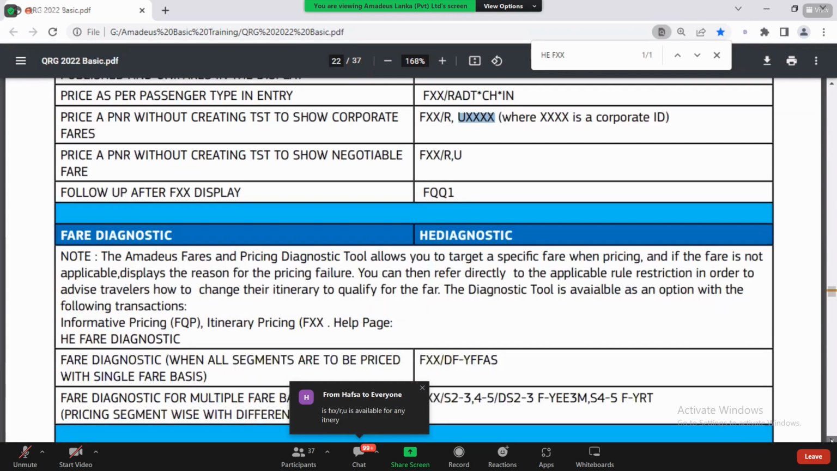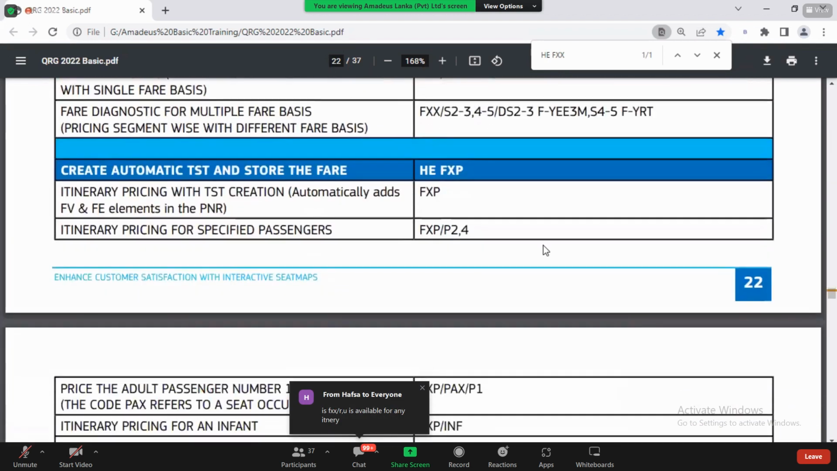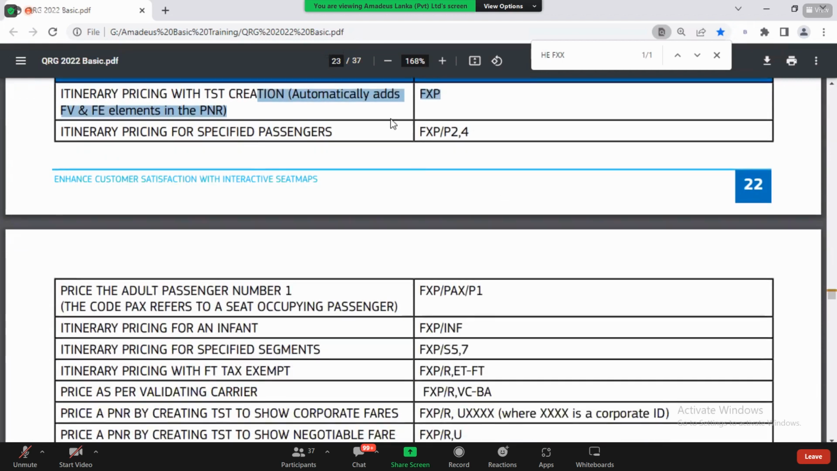Now I have already explained to you this FXP command. FXP can be used to create a TST automatically. Now, if you want to create a TST passenger wise, that can also be done. Suppose there is an infant and an adult passenger associated, and you want to create only the adult passenger pricings. So then you can perform